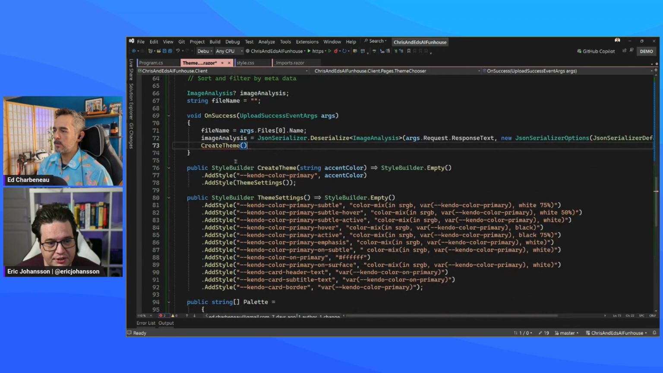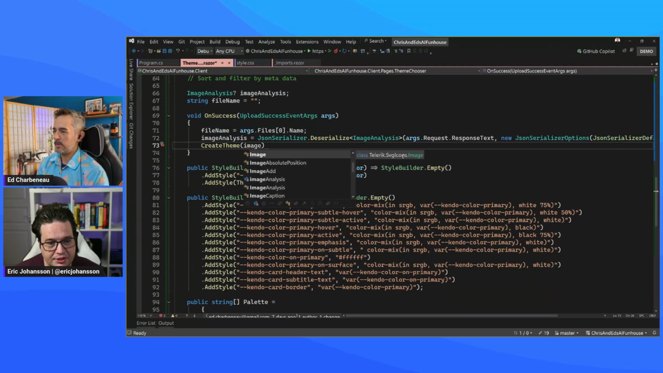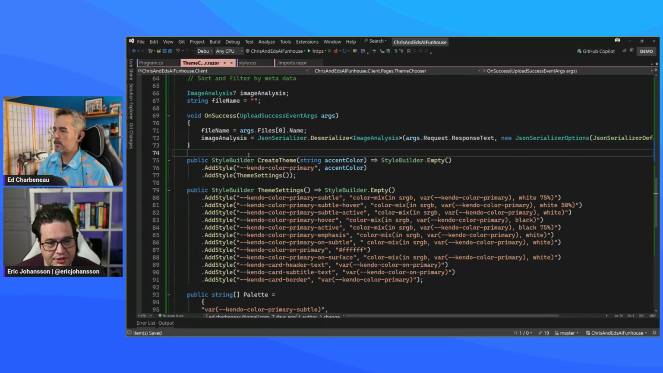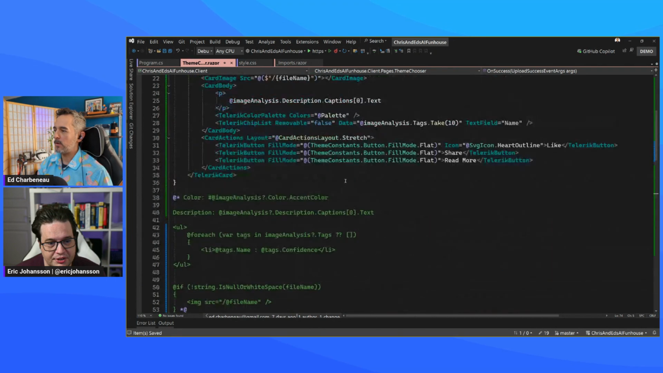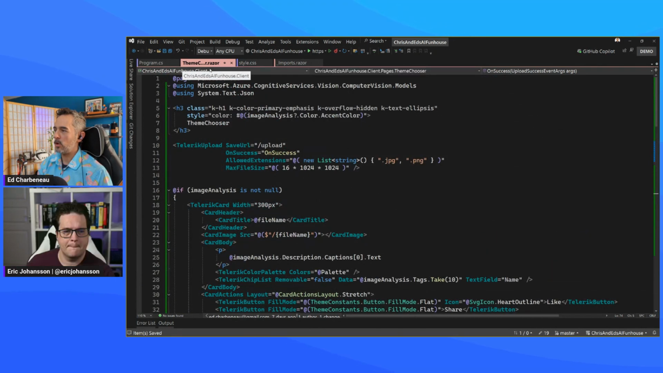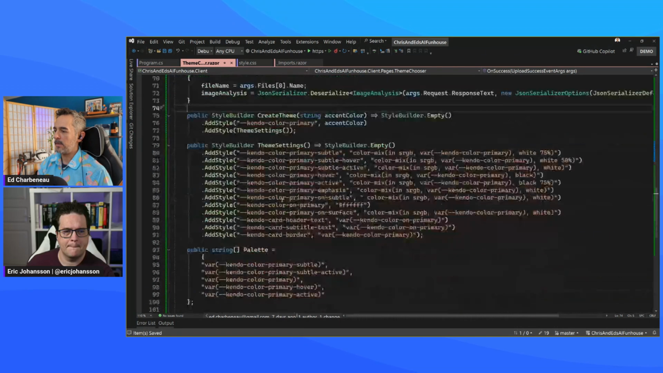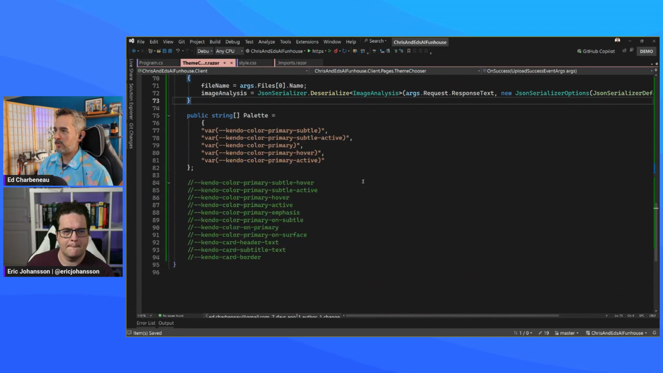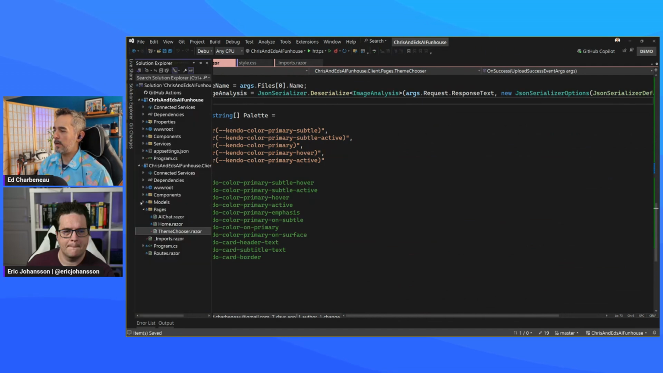So what do we do with the style builder after we've created it? We need to call it. First we need the color image analysis. Actually, I'm calling it in the wrong place. So this is actually going to be a problem. We are in scope of the card, and this needs to go up a level. This needs to actually happen on the application level, cascading. So it needs to go all the way up to